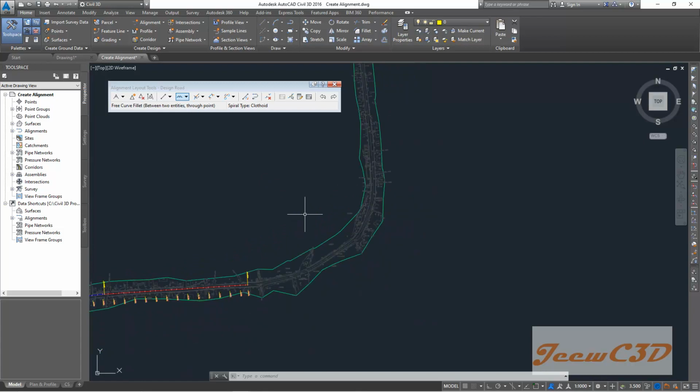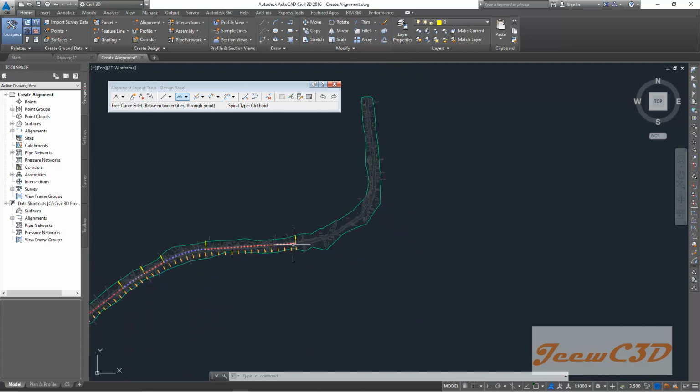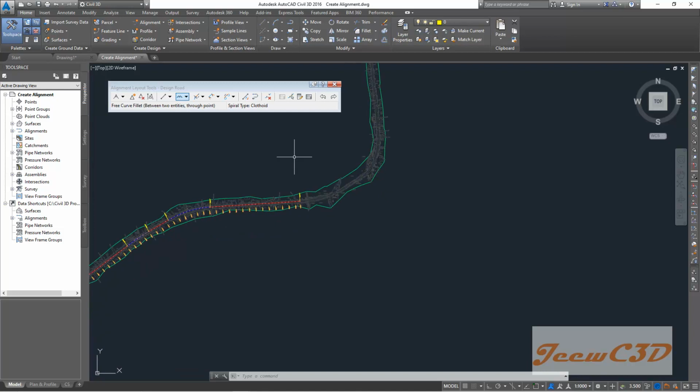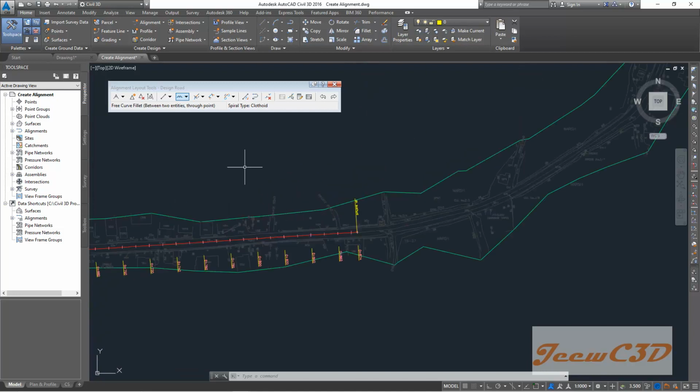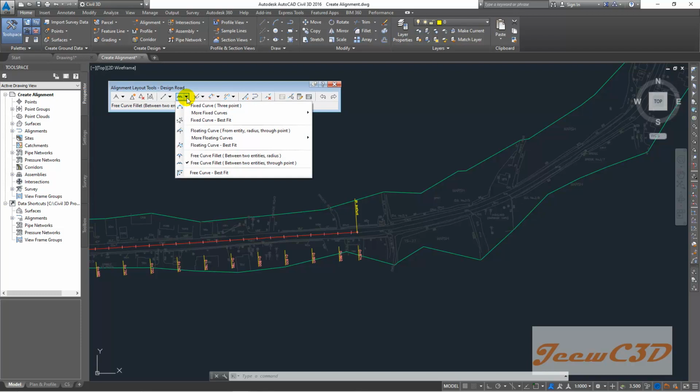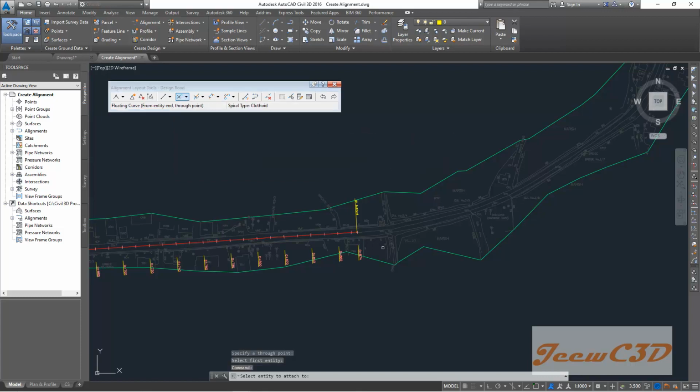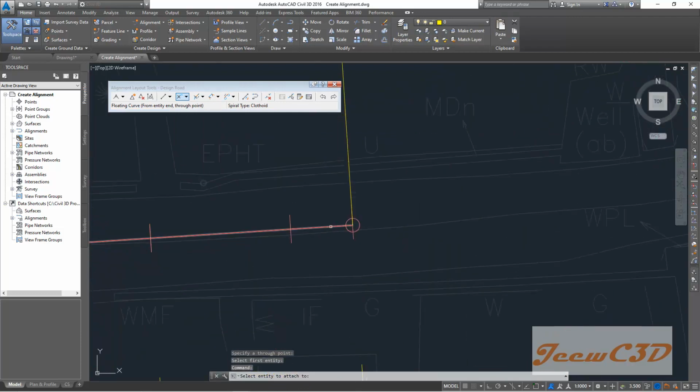Rather than getting a new straight here and connecting this one, what I do is I go here and use this option, floating curves, more floating curves, from entity end through point. I click here, then it is asking select entity to attach to. This is the entity where we are going to attach the new curve. I click here, then